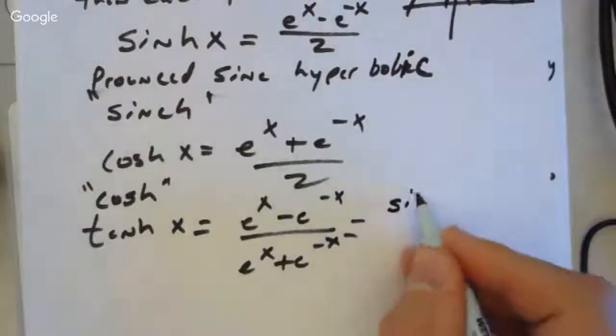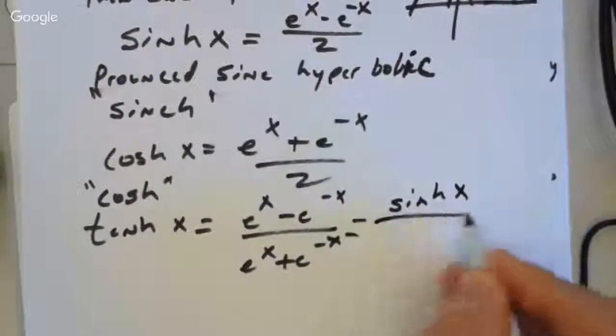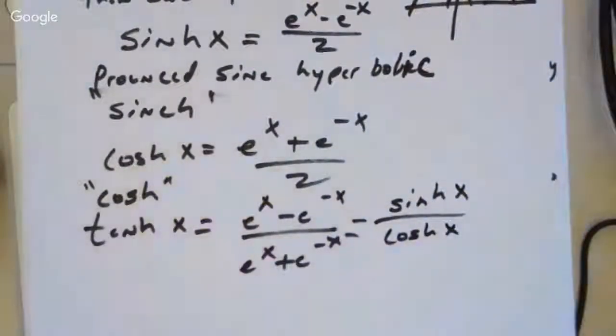That is equal to sine hyperbolic over cosine hyperbolic, because if you copy out the reciprocal, the 2's cancel out. You get the sine on top, the cosine on bottom. So where did the 2's come from? That's just the definition of what it is. It's half of that ratio. It's just math.